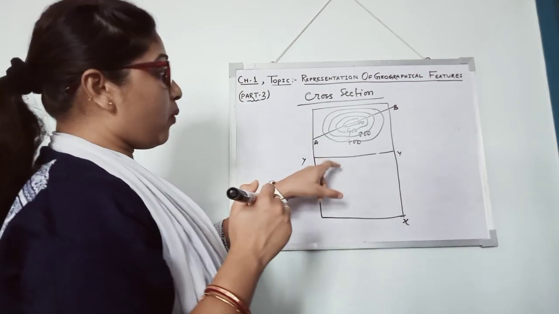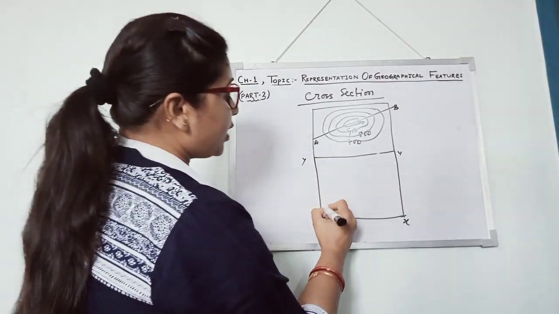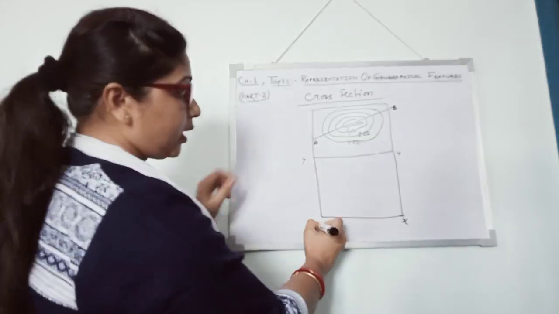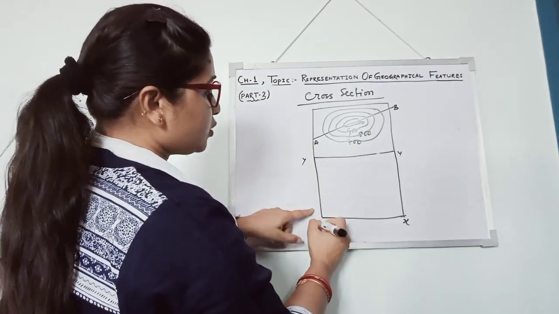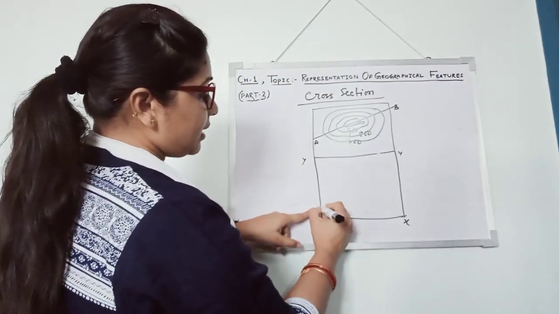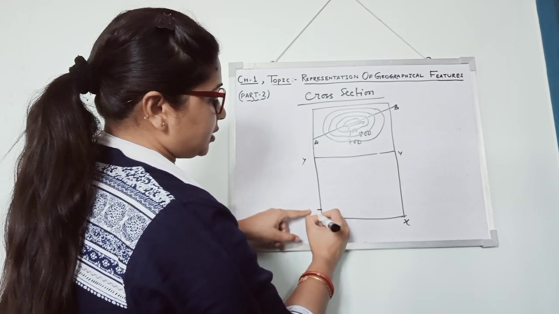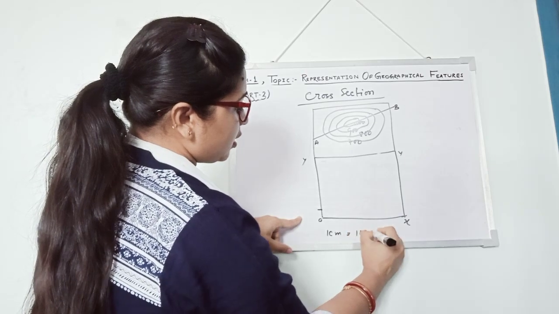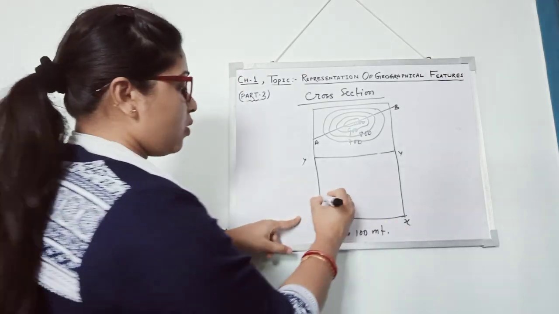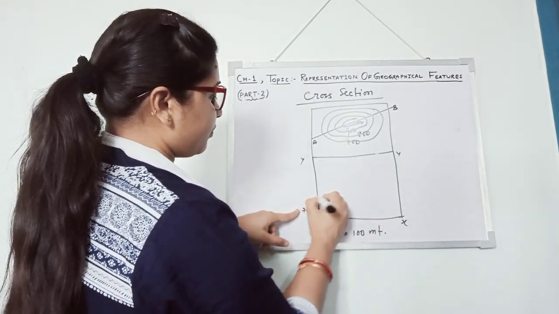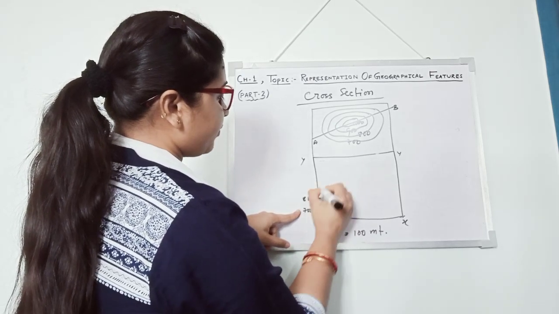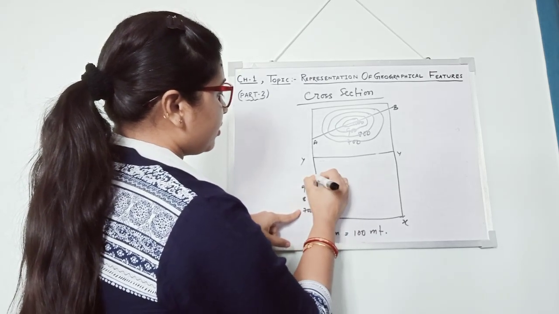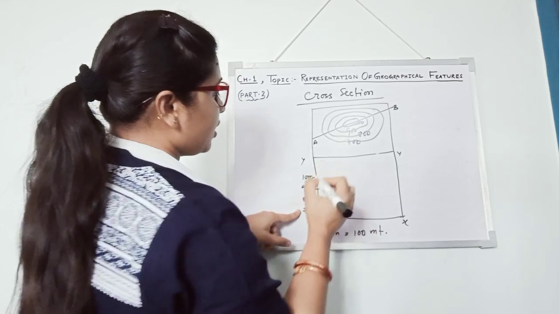Now it has the heights 700, 800, 900 and 1000. So what should I do? First I will take a scale, with 700 as the start. So here 0, 700, I am taking 1 centimeter. 1 centimeter is equal to 100 meters. Is it clear? So 700, then 800, then 900, then 1000.